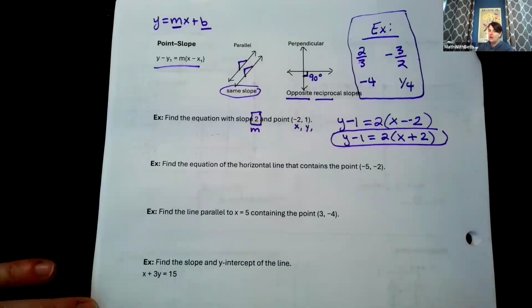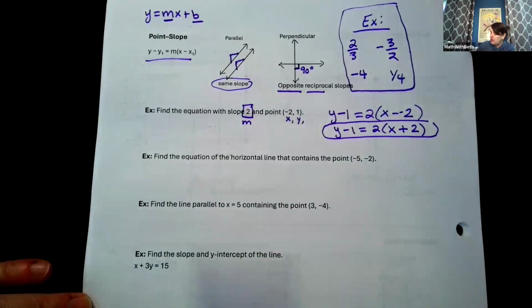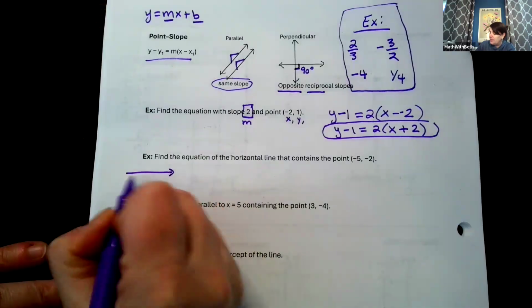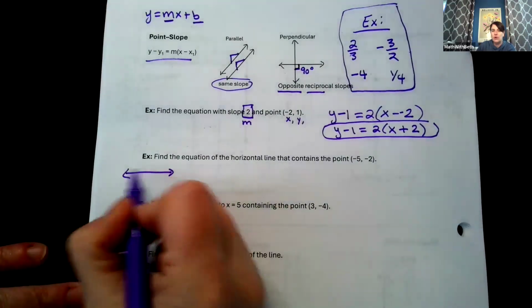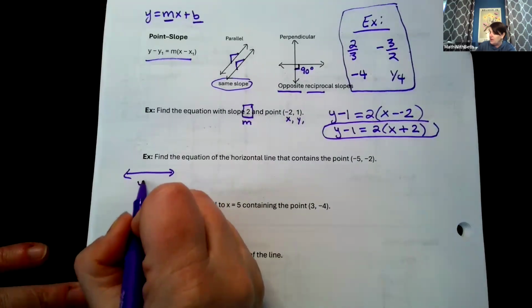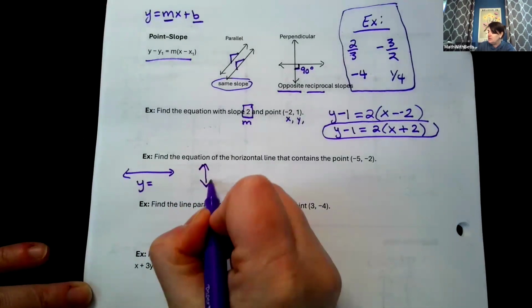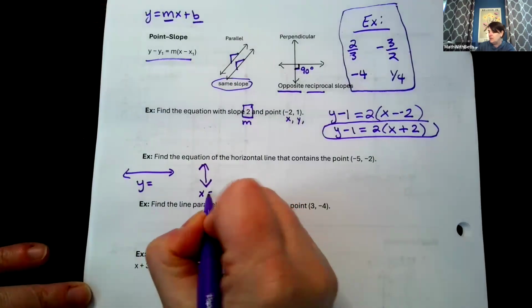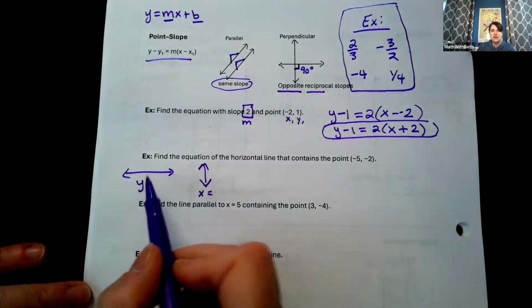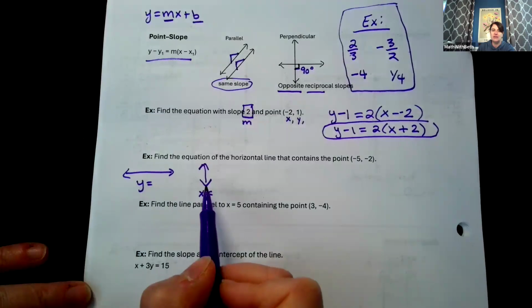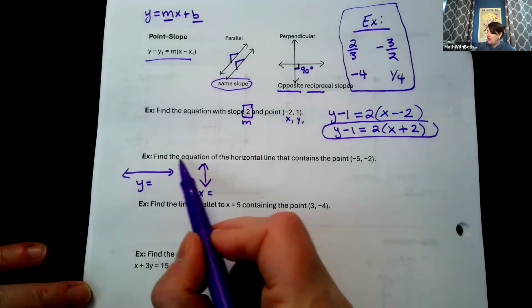For the next two problems, you need to remember that we have some special types of lines: horizontal lines, which are always in the form y equals a number, and vertical lines that are always in the form x equals a number. So just a little reminder about those two special lines, because this problem says, find the equation